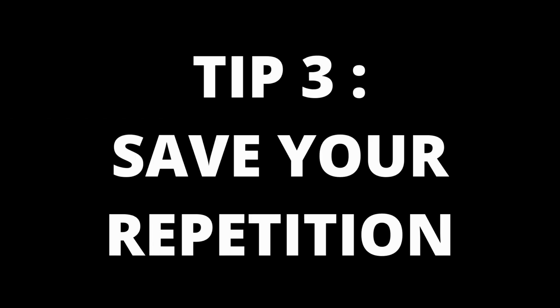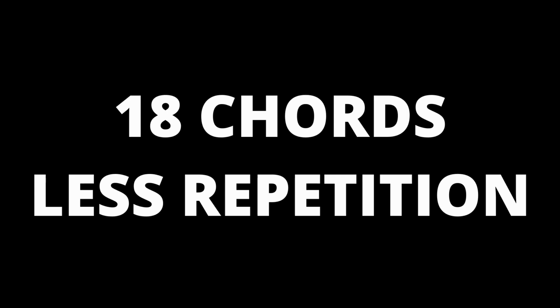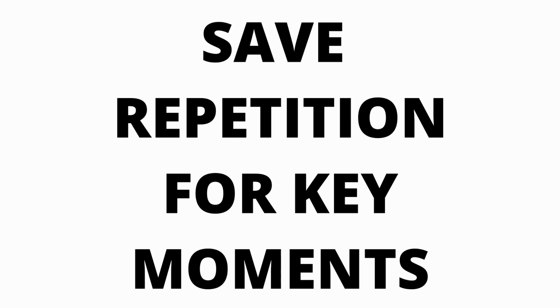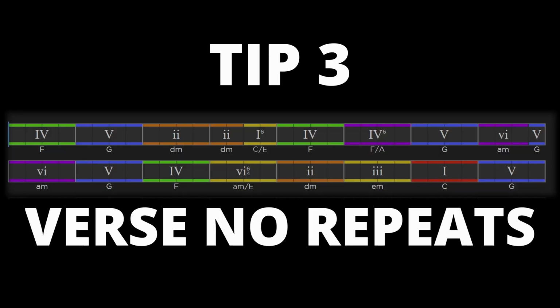Tip number 3. Save your repetition. Because we have a wider palette of 18 chords, sequences don't have to be so repetitive. We can save the repetition for key moments to reinforce the melody or the hook, for example in a chorus, maybe using a turnaround as we did in tip number 2. For example, you could create a verse with no repeats, such as